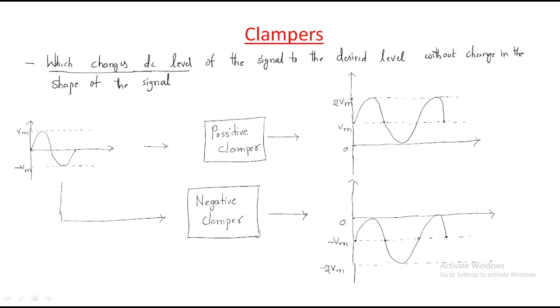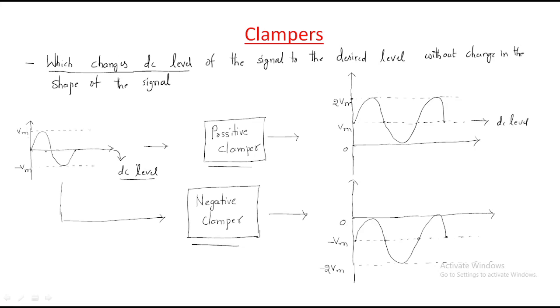DC level means... generally clampers are of two types. One is the positive clamper, another one is the negative clamper. Look at this. If you give this sinusoidal voltage to this positive clamper, the waveform will be shifted upside. This means the waveform looks completely positive. We can call this axis the DC level, and this DC level will be shifted to this point